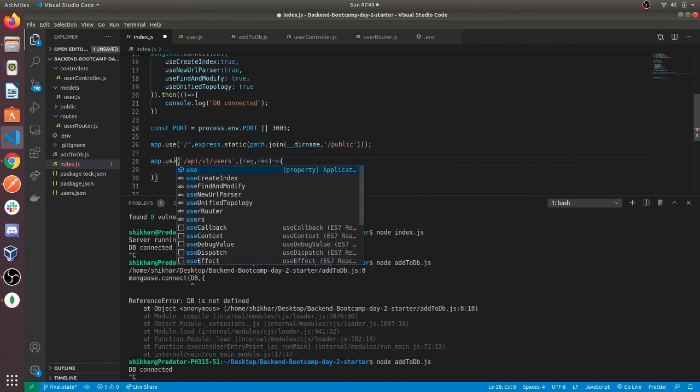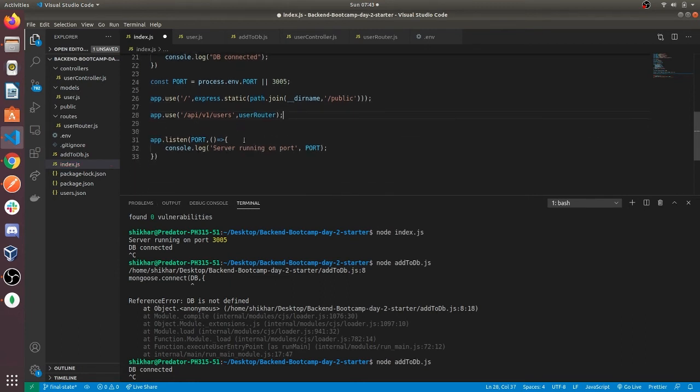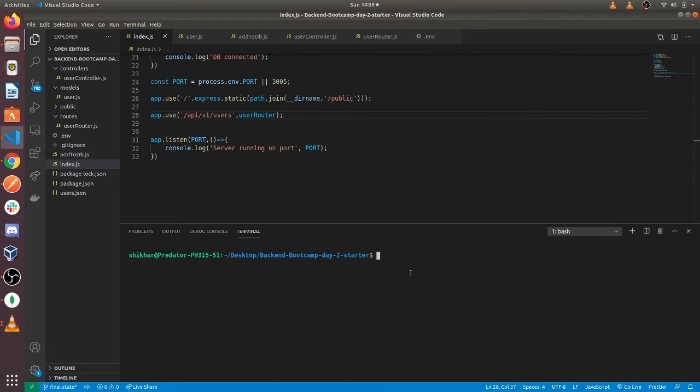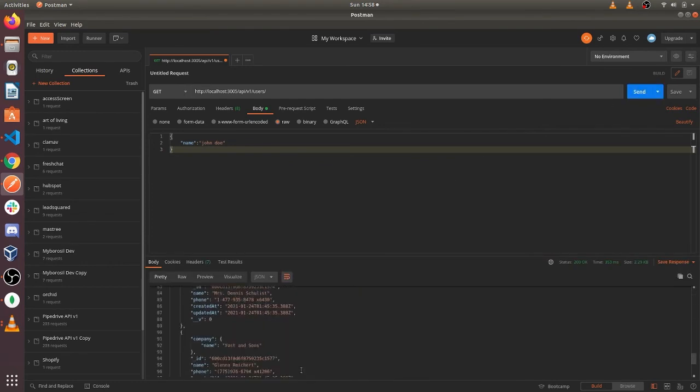And for this route we will use the user router. Start our server. Now if we do a get request, we should get all our results.